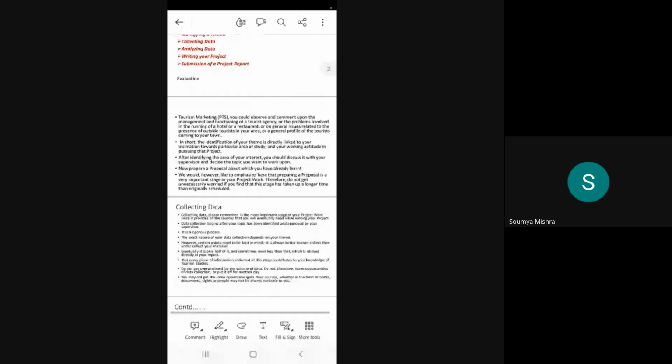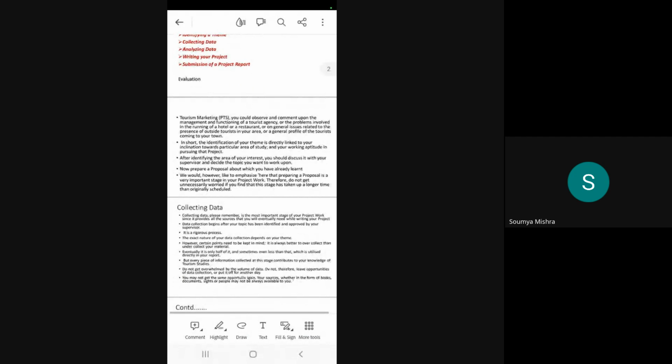Sometimes writing a proposal takes a long time, so you have to be very careful to ensure that it is properly written, so that it will be accepted. So do not worry if you think writing a proposal is taking too much time, because the proposal is a summary. In those 400 words you have to mention how you would go ahead with the topic, so you have to be very careful.